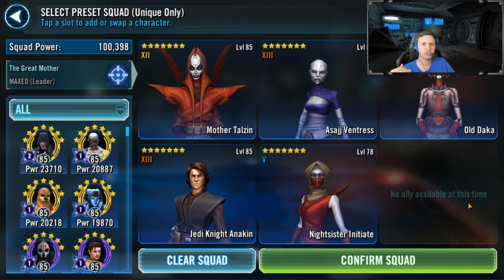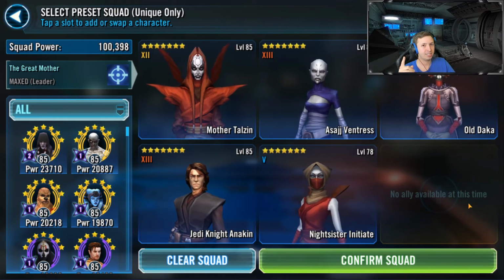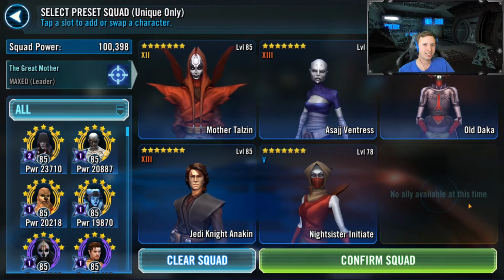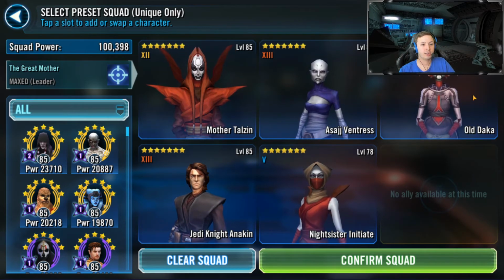Now, why do I say this is the most important team for a free-to-play player to have? Certainly, this is not a god-tier team, and certainly this is not going to win you every single raid. However, it is going to guarantee probably that you get into the top 10, for me, the top 5 of every raid. It's also cheaper than other teams. So for instance, for Sith raids, for tank raids, good teams are like Shaak Ti clones, a lot of hard-to-get characters. Jedi Training Rey, legendary character. C-3PO, legendary character. Look at this. Asajj, Squad Arena. Old Daka, Cantina rewards. Night Sister,